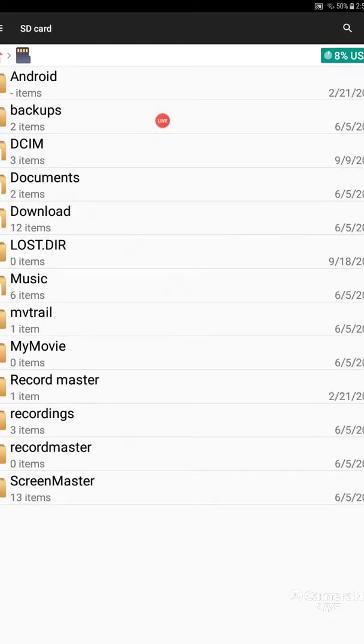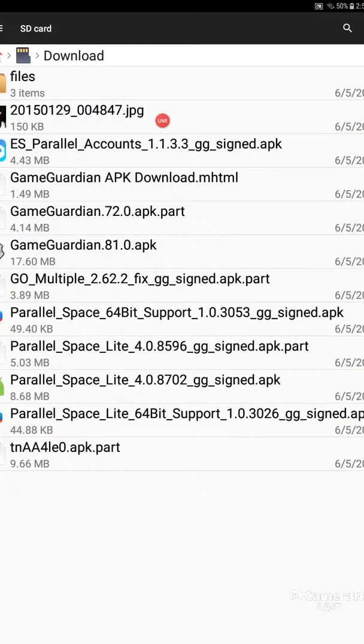I would have my images, my GIFs, my PNGs, all my different file types organized in the DCIM folder. Then I would have my downloads. And most of these downloads I can just delete because I can re-download them again, except for some of the Parallel Space and Parallel Space Light, because now they're charging you to use